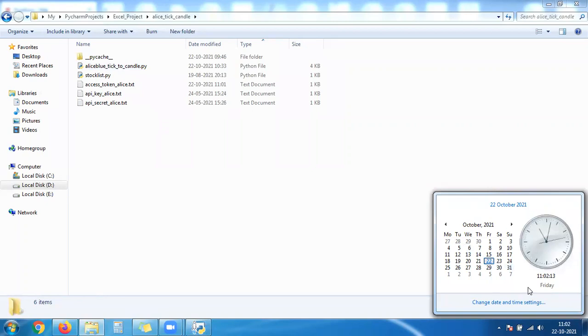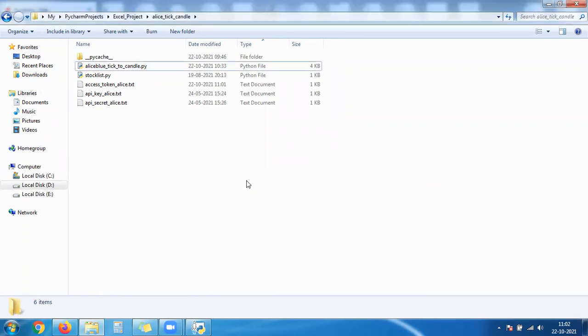At 11:10 I'll open the CSV files and compare the data resampled from the CSV file to the actual stock data. Each symbol will have its own CSV file, and however many symbols you want, you can add to the list of stocks.